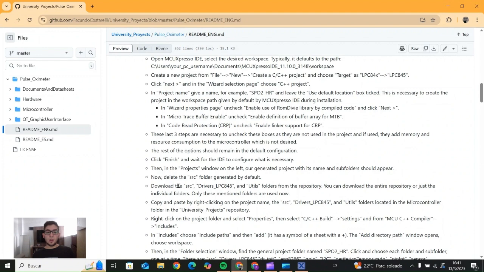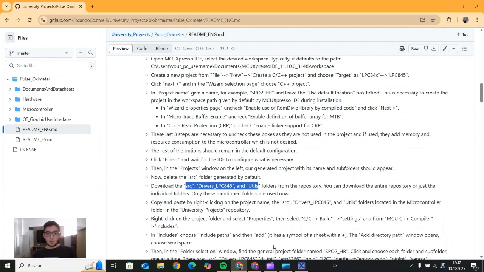We are also going to download the project, in this case the PulseOximeter, and we are going to search for these folders: source, drivers, LPC845, and utils. You could download the entire repository or just individual folders. However, typically